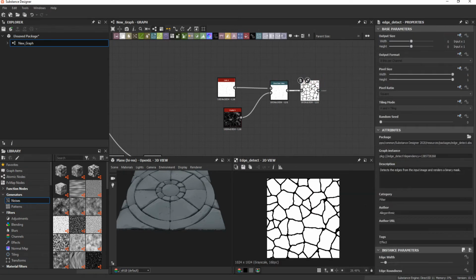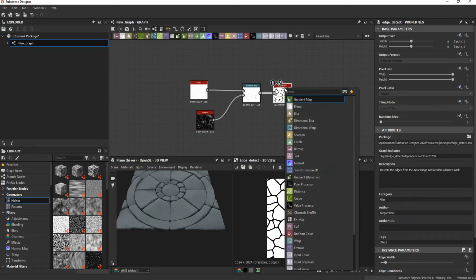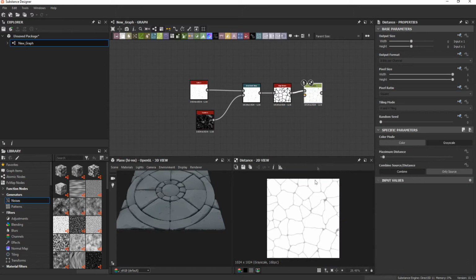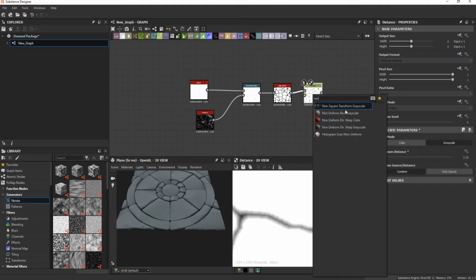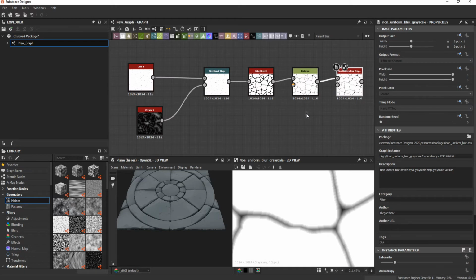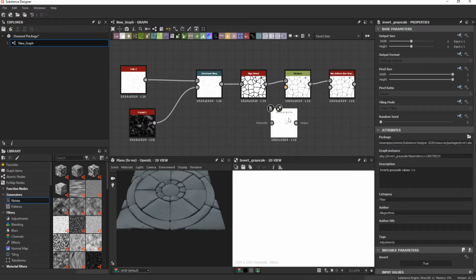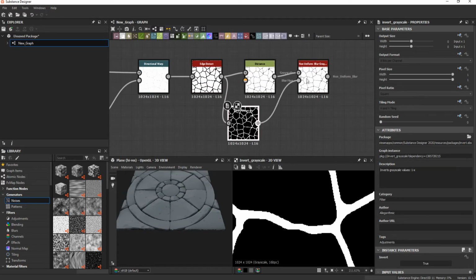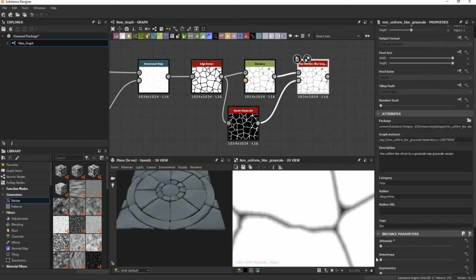and I will make an edge detect. Can make a distance, and now I will make a non-uniform blur grayscale. To create a mask for this blur, I will just invert my edge detect, this needs to be very soft,